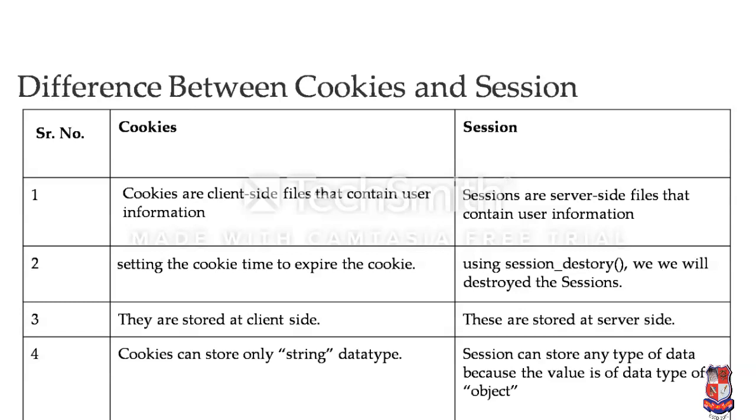Cookies can only store strings. A session can store objects. We save cookies for further reference. Why are we saving cookies in our web browser for further reference? Because going to the server and getting the data every time is very time consuming. But a session could not save the user's data, because when the user closes their browser, they also lose the session.